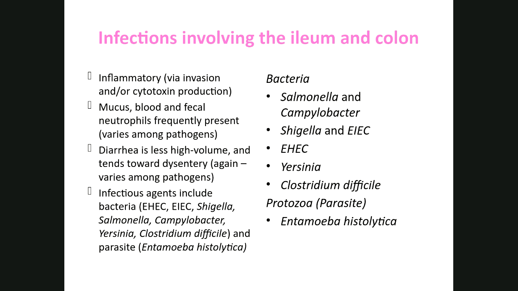Diarrhea, as compared with the small intestine originating diarrhea, is of less volume. The quantity of stool is less as compared with the infections of the upper intestine. This type of diarrhea is also named dysentery. When we say dysentery, we mean a diarrhea in which there is blood and mucus. Now the infectious agents involved are, you can have a list here, Salmonella, Campylobacter, Shigella,